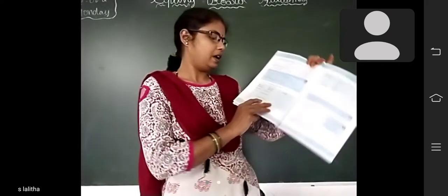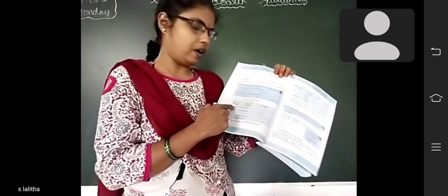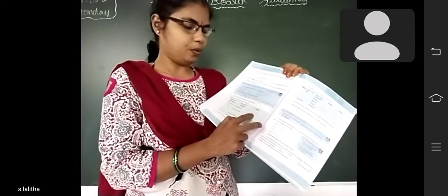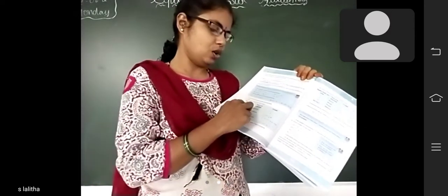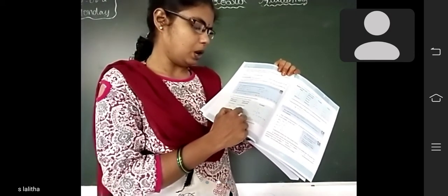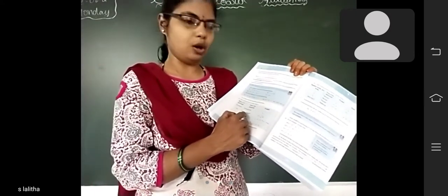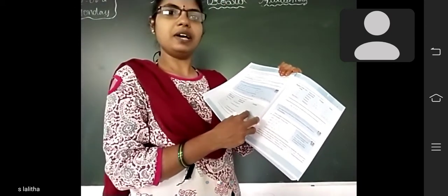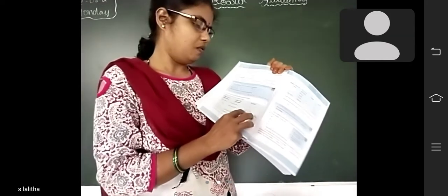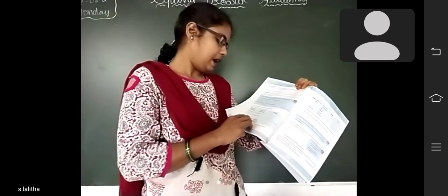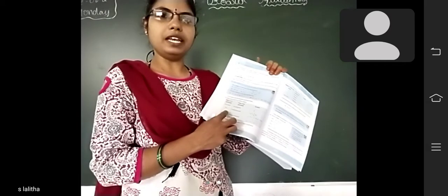See here, first one, degree of a polynomial not defined. Name of the polynomial, zero polynomial. Example is 0. For the zero polynomial, there is no degree, so that is not defined. And next, degree of a polynomial is 0. What is the name of the polynomial? Constant polynomial. For a constant, there is no power, so that's why we take it as 0 power. What are the examples? Minus 12, 5, 3 by 4, etc. These are constants.